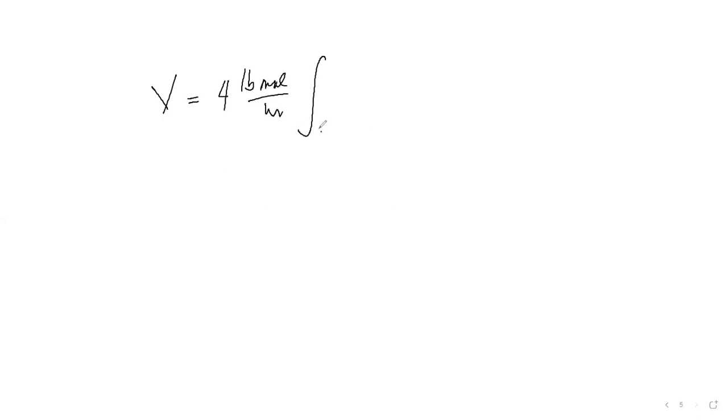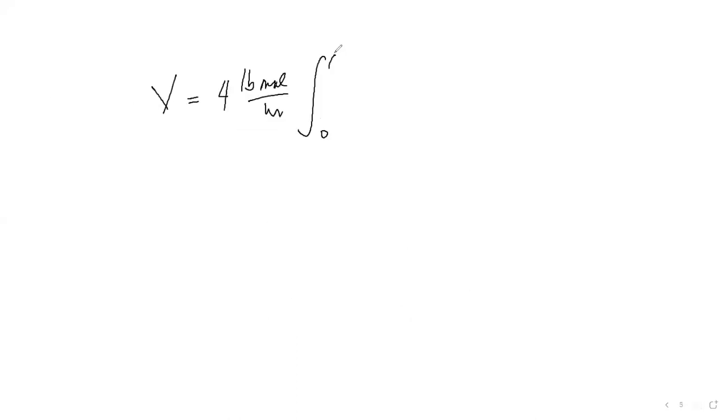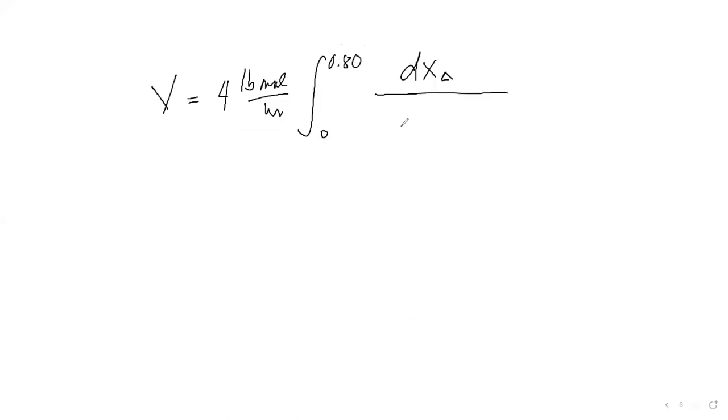Then I will have the integral 0 to, so your degree of conversion is 0.8. We'll place here the differential of the conversion. And just like what we did in the fourth example, we will use the rate expression that is provided here, 10 C sub A, for ease of writing. So we have 10 C sub A. Now, this C sub A has to be expressed in terms of epsilon A and conversion. So I will have here 4,